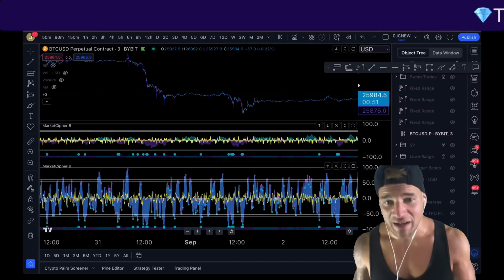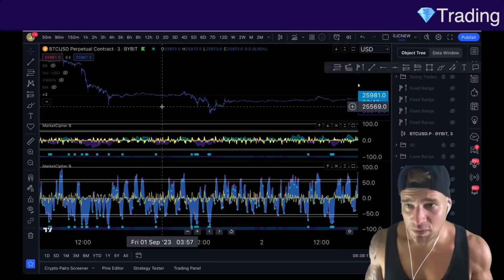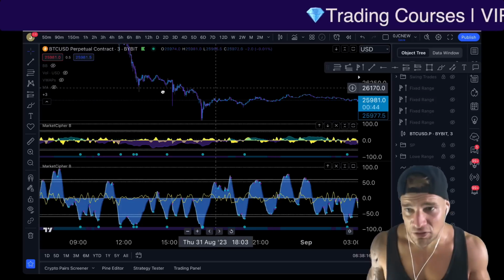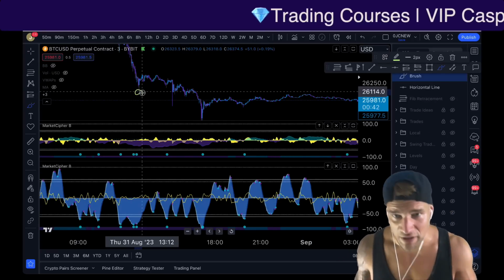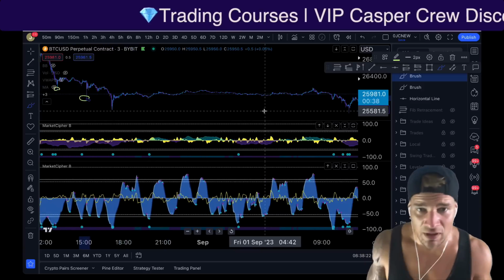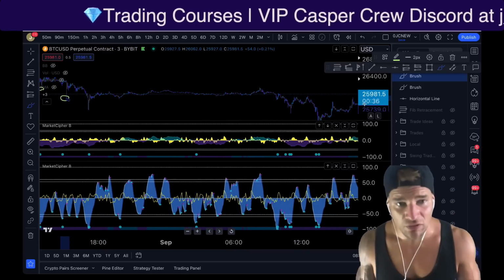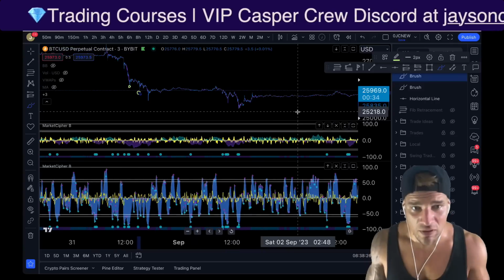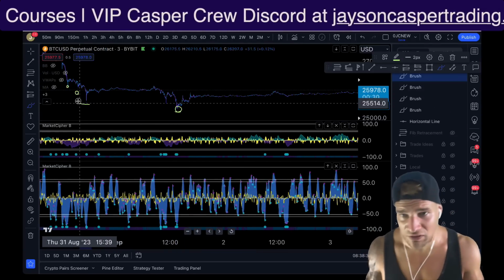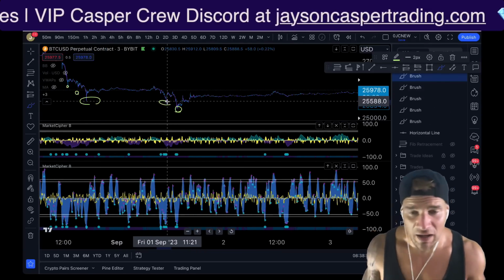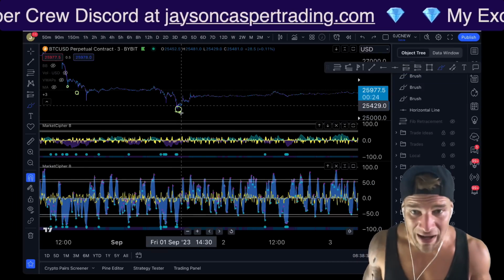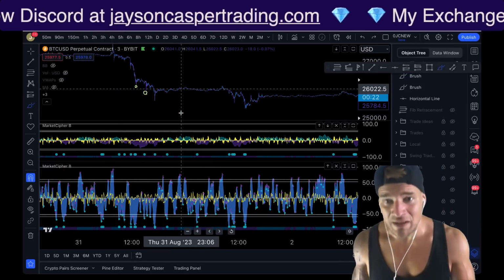Now, you can go and backtest this yourself, but I do just want to point out the fact that this strategy will keep you out of a lot of potential trades, right? We didn't get an entry here. We did not get an entry here. We did not get an entry until we come all the way down to this low that we put in right here. It's pretty crazy. None of these gave us a long entry, not until we hit this low. So this strategy does require a little bit of patience